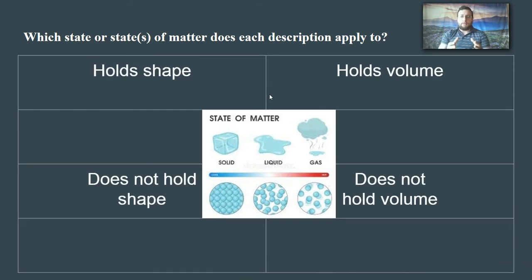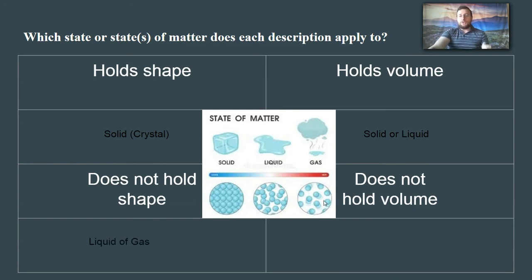So one more way to think about the states of matter is their ability to hold their volume and their shape. Now, remember, volume is the space that the substance takes up. So a solid will hold its volume and its shape. It's what is called a crystal, right? It has connection between the molecules, so strongly connected that it will stay the same shape and the same volume. While a liquid will hold its volume, but it will not hold its shape. It takes the shape of the container that it's inside of, right? So if you move the container around, it will move to take the shape of that container as it's changing position. It does, however, hold its volume. It's not expanding or contracting randomly, right? It does hold its overall size, but